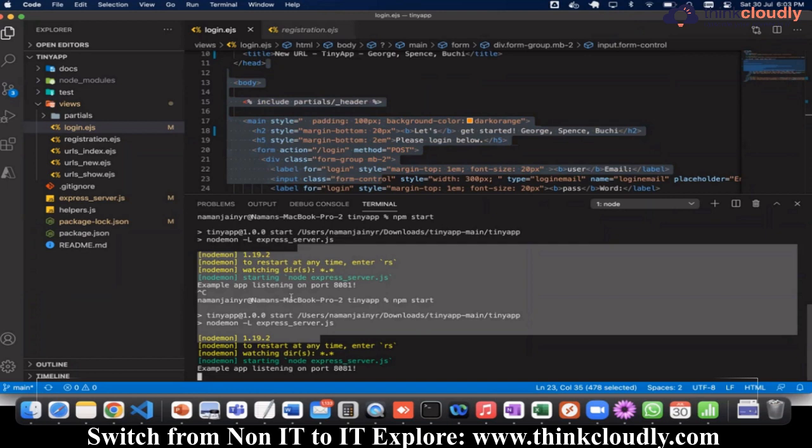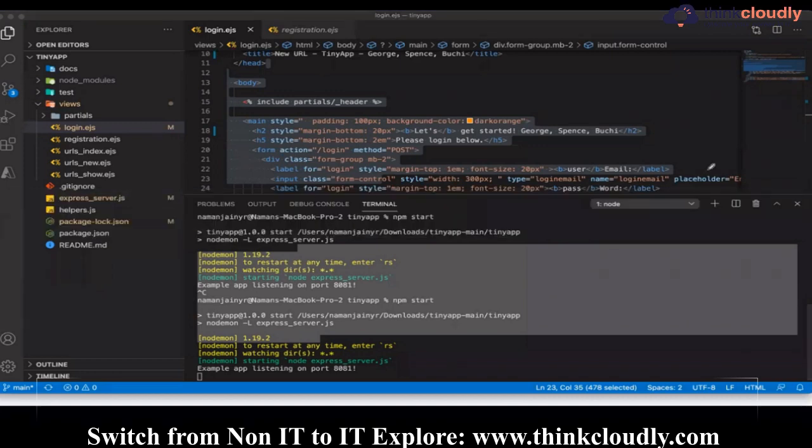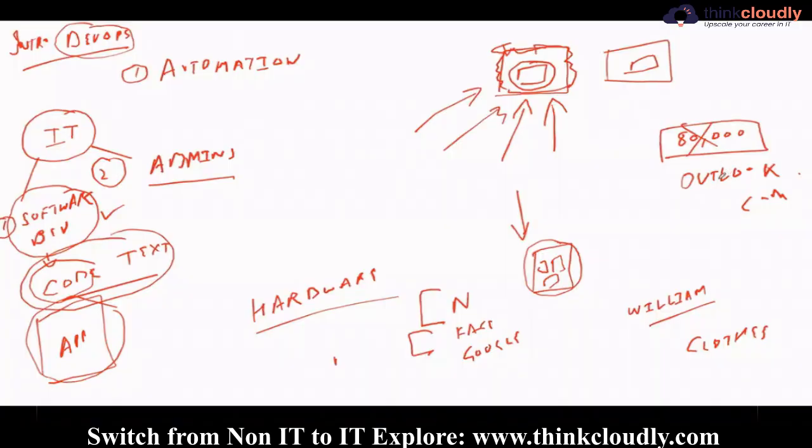The reason is there are billions of users who are using Outlook.com, and Tiny app is used only by me. So when there are so many users who are trying to use the application, you need so many servers. Okay. So that's why Outlook.com runs on 80,000 servers. Now you can imagine gmail.com. It might be running on maybe 100,000 servers. You can imagine Facebook. It might be running on 200,000 servers.